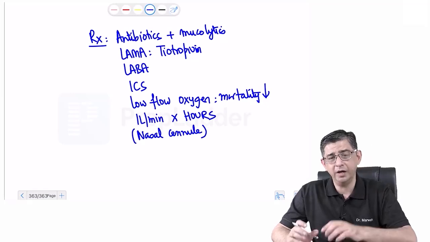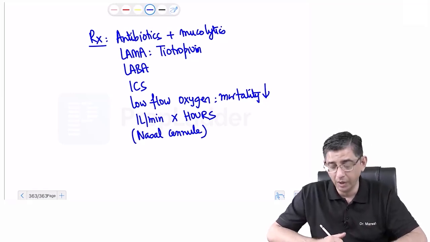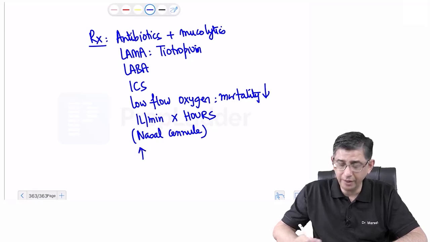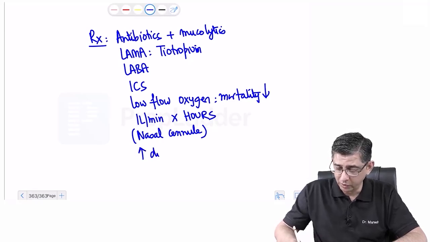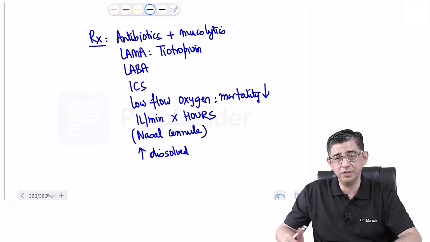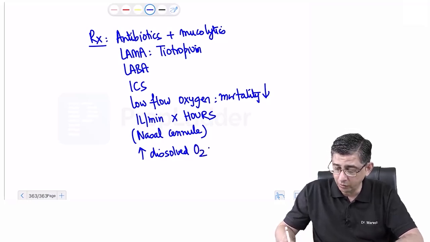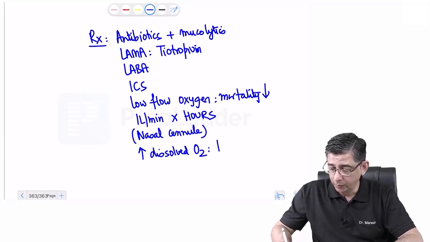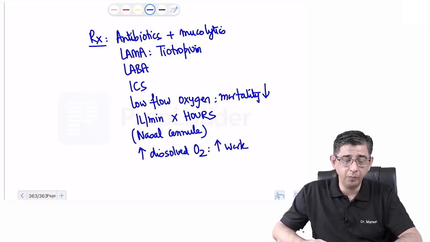So I will say, try to use it for as much as possible. And the patient is asking me, sir, how will it help? It's not that it's going to cause dramatic changes in the lung parenchyma of this person. The only thing that low flow oxygen will do is increase the amount of dissolved oxygen in the blood. So the ability of this person to go to the bathroom by himself,